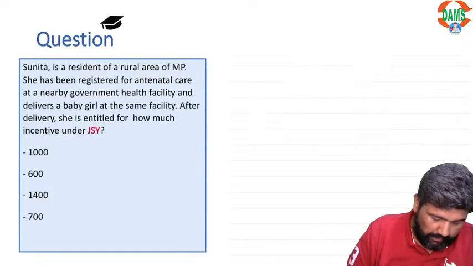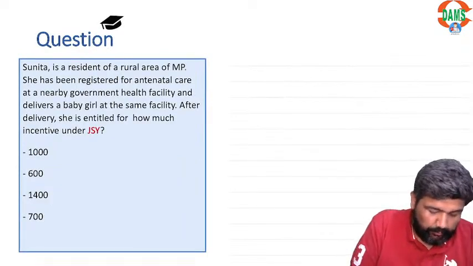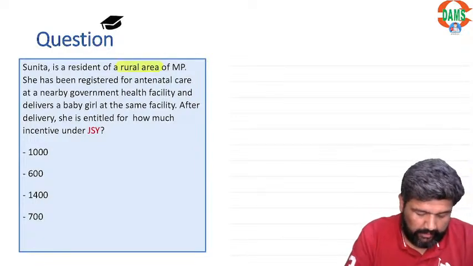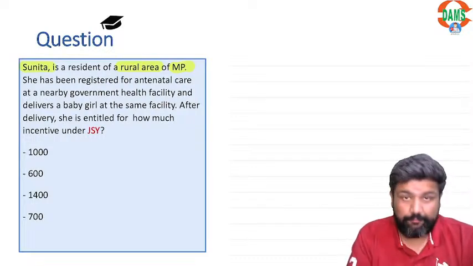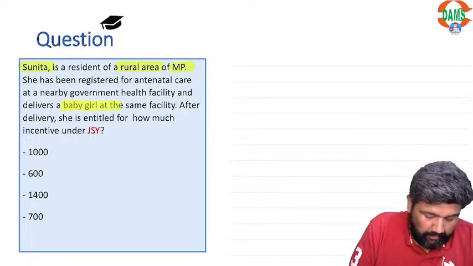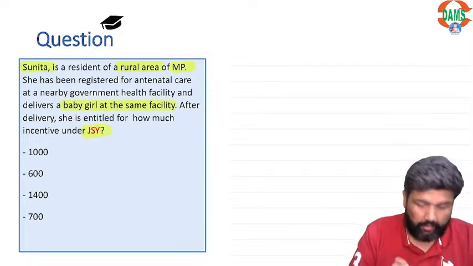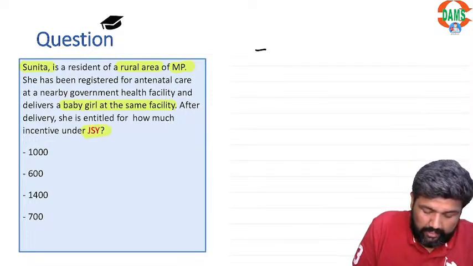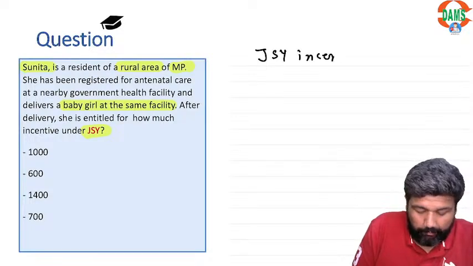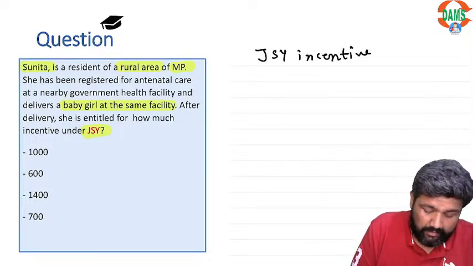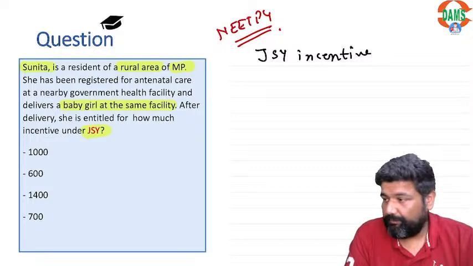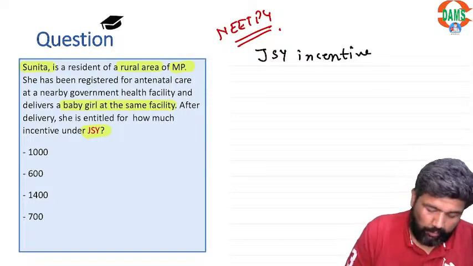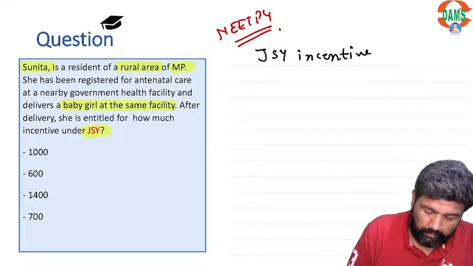Now, in this question, find the keywords: rural area, MP, and she is the mother. She has been registered for antenatal care and delivered a baby girl at the facility. After delivery, she is entitled for how much? Guys, this is important. JSY incentive is very, very important, and this is a recent NEET-PG question, so you can't miss it. 2 years back this was asked. This is very important. Now, bachcho,